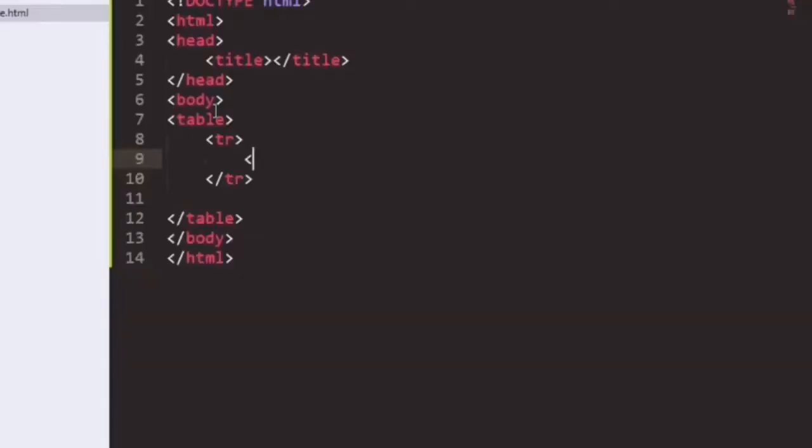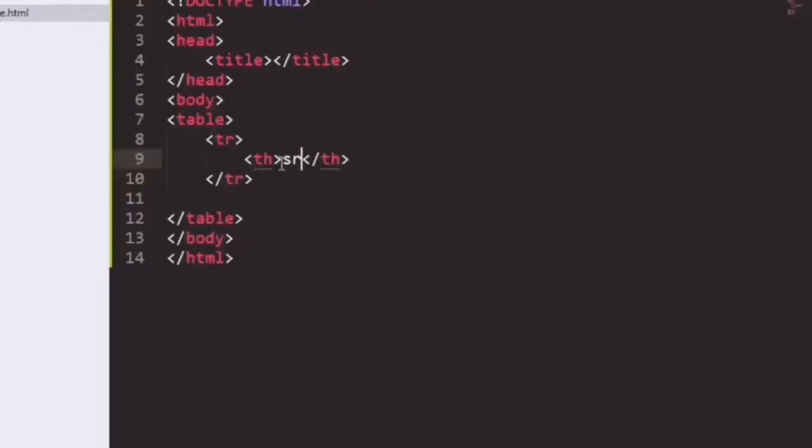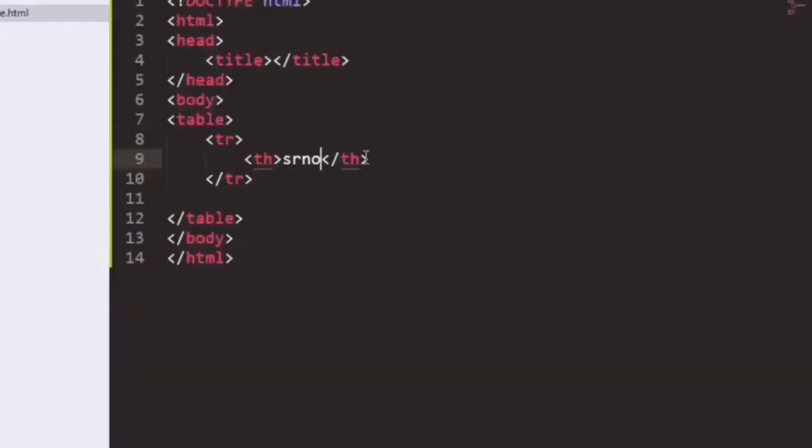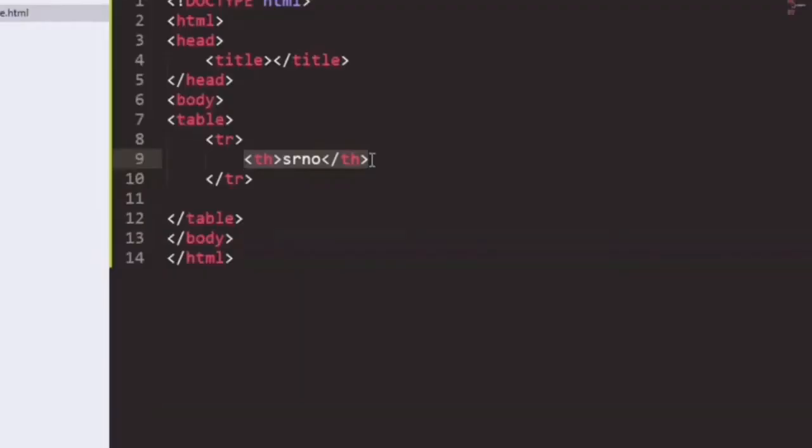Now tr, that is table row. In between that, I will write th, that is table heading. In the table heading, I will give the heading of the table, that is serial number. Suppose I need two headings or more than that.